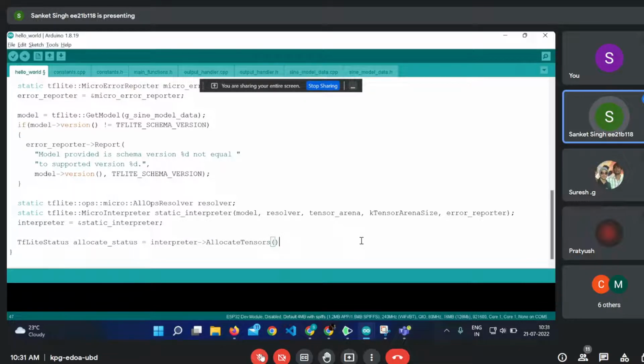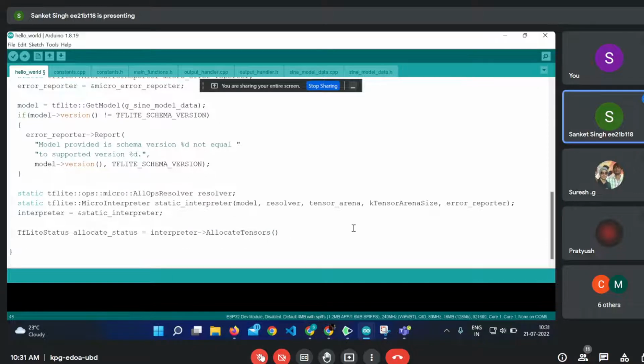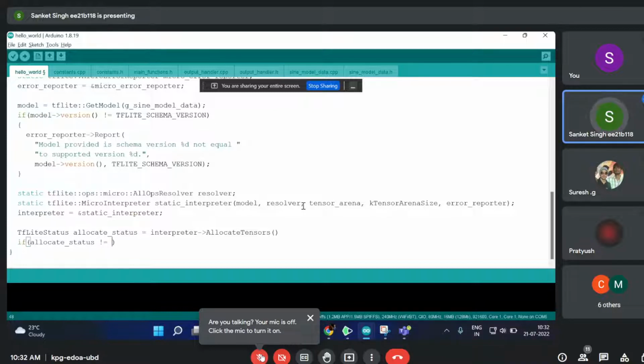Okay, so one more thing you want to do is, you made this variable allocate status. You want to compare it with the TF Lite version. It's a good practice to do that because it's hard to debug later if the versions are not matching. So if allocate status is not equal to the standard version, kTfLiteOk,